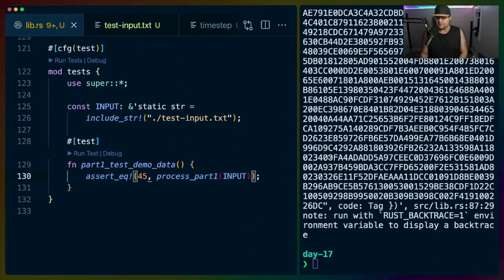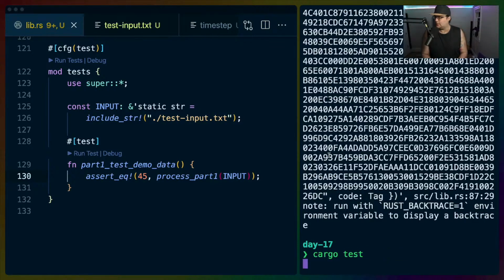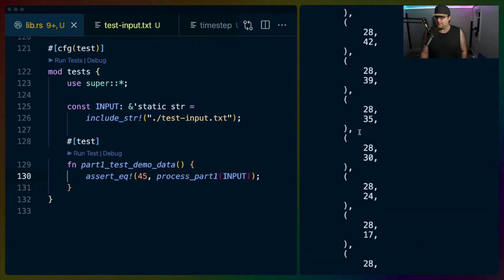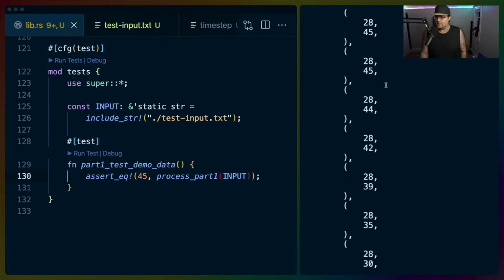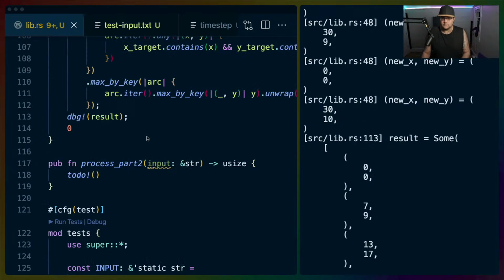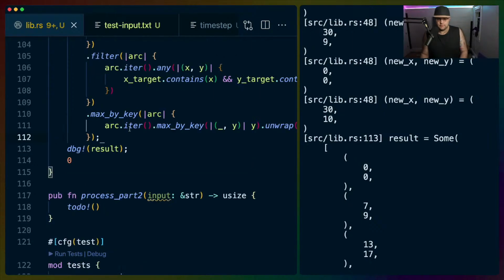So we actually are just looking for the highest point anyway. There's 45. So we found the right one. We just need to